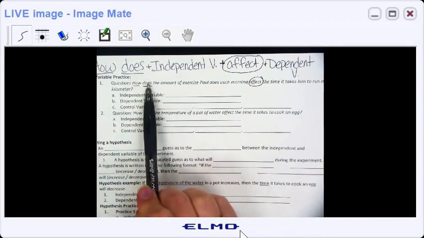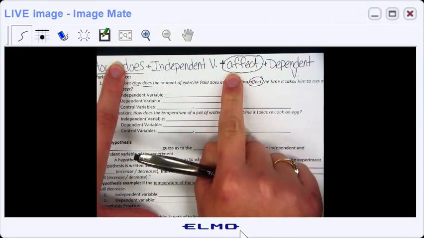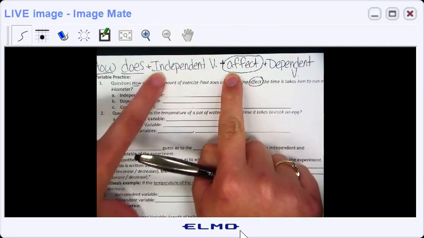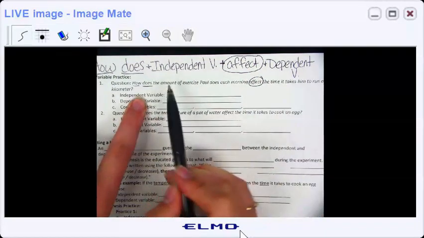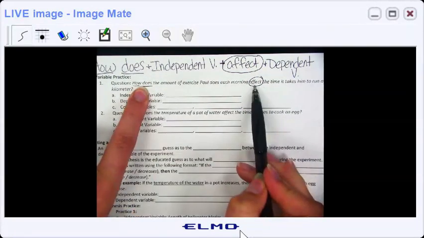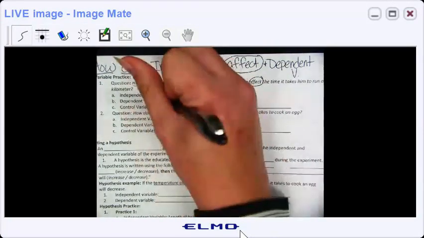So in between how does and effect, which variable are we seeing? Our independent variable, and that's what it's asking right here. So in between how does and effect, all of this information is technically our independent variable. So amount